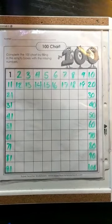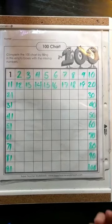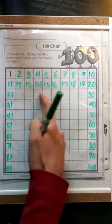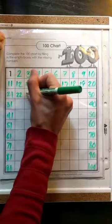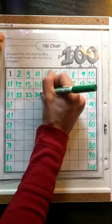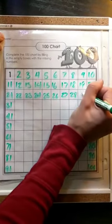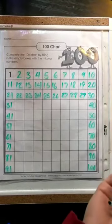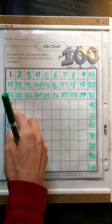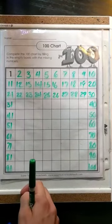And then again, you could encourage your student, or maybe they'll do it themselves, to check their work and see if it makes sense. 20, 21, 29, 30, and that one worked out too. 30, 31, just like we thought it would. So a student might